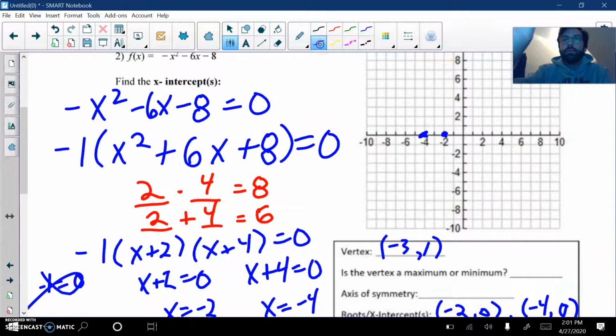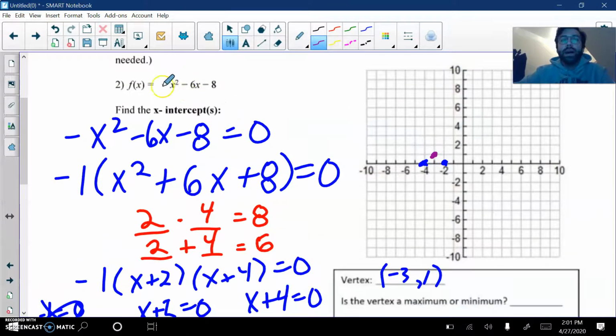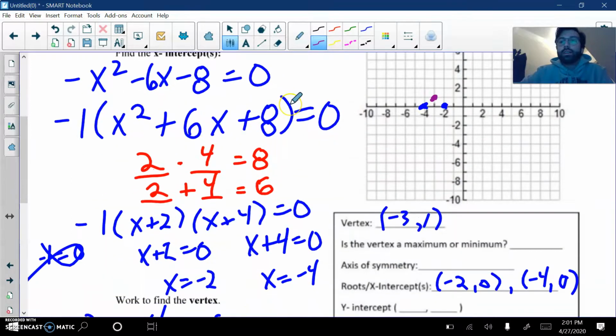So I'm going to go here, negative 3, 1, and make a dot. Notice how my A term, my square term, was negative here. That tells me right away this is going to be a maximum. You can tell as well, look at how my vertex is above my intercepts. It only makes sense that my graph is going to be pointing down. If my vertex is below the intercepts, then it only makes sense the graph is going to be pointing up